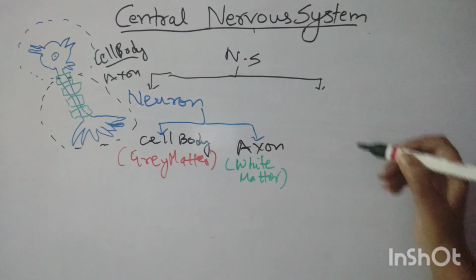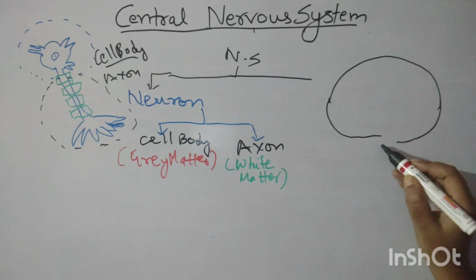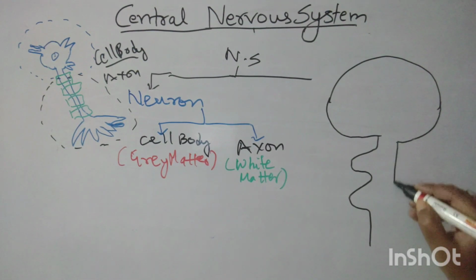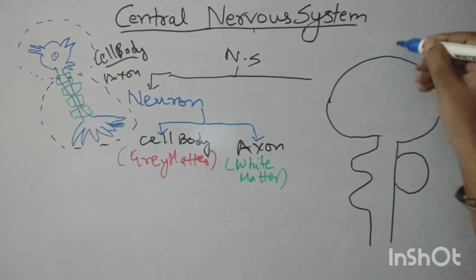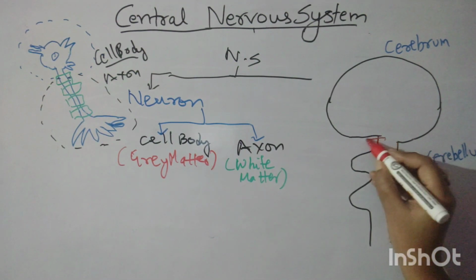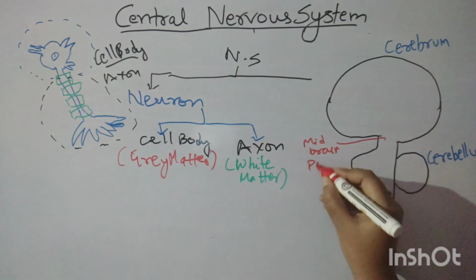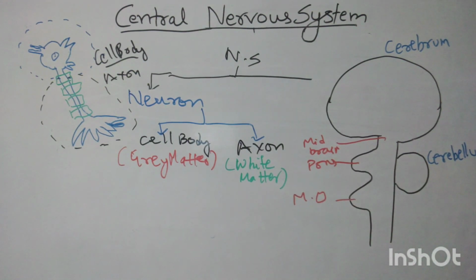If we draw a rough structure of the brain, suppose this is the brain, this is the cerebrum, this is the cerebellum, midbrain, this is pons, and this is medulla oblongata. So if I take this, then